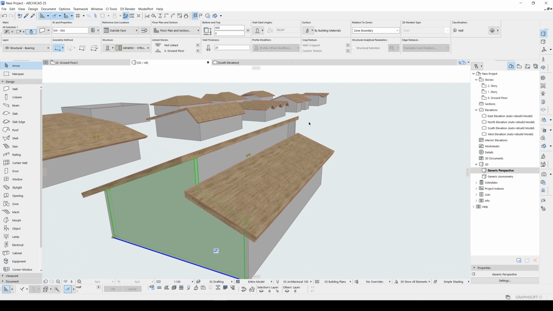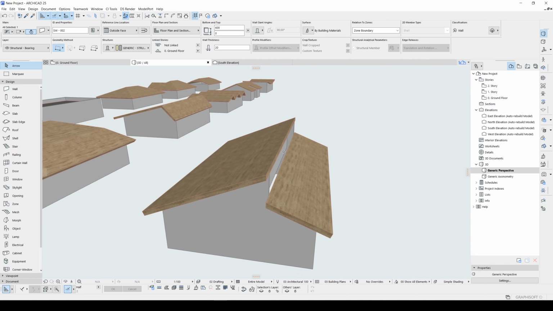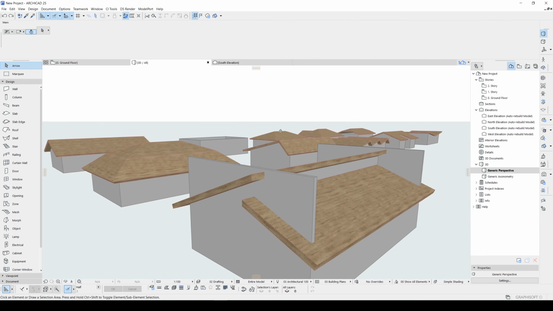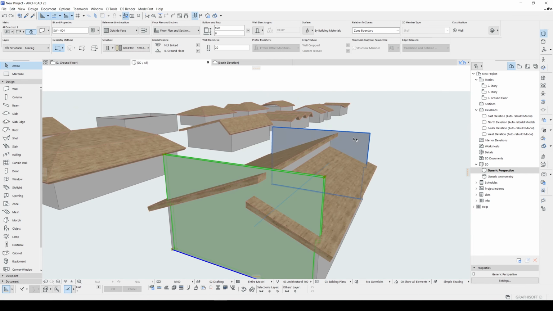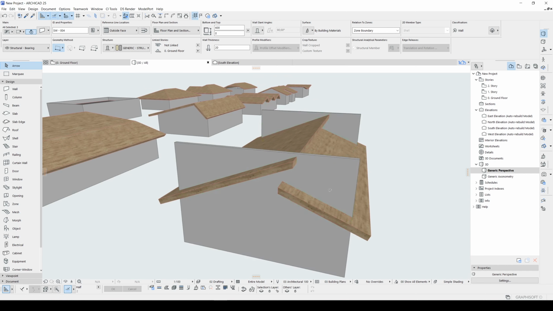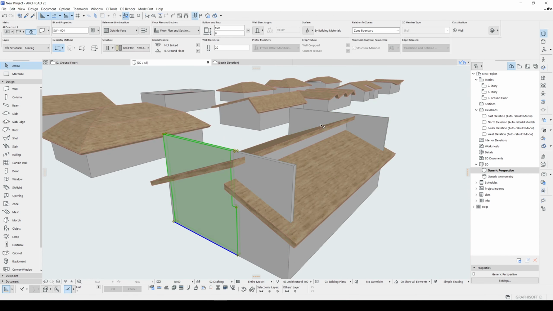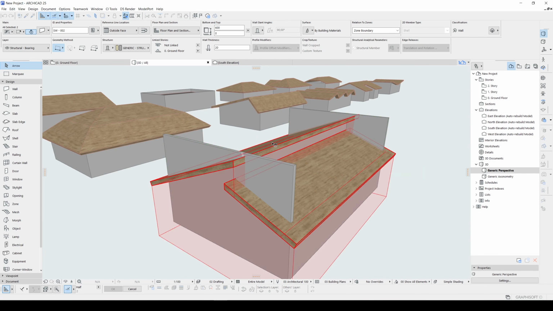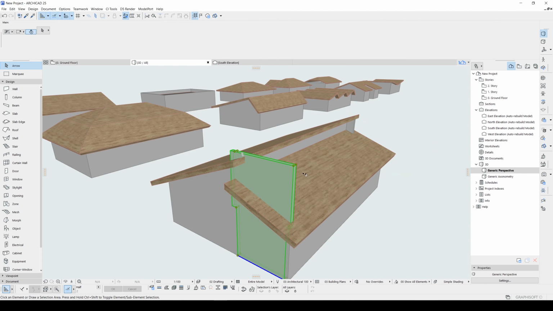If you see some problems like this, you can go to the undo and you can split your walls according to your roof positions. And you will trim your walls step by step.